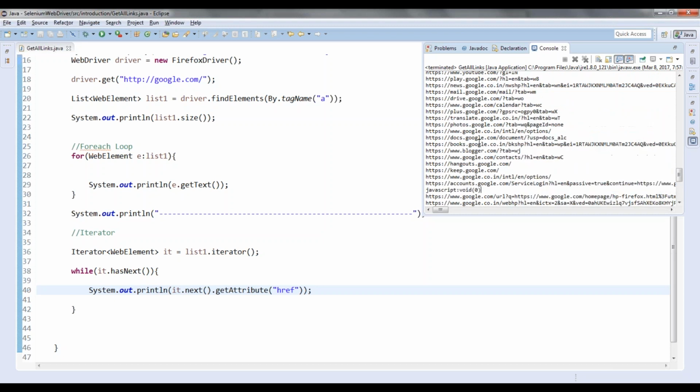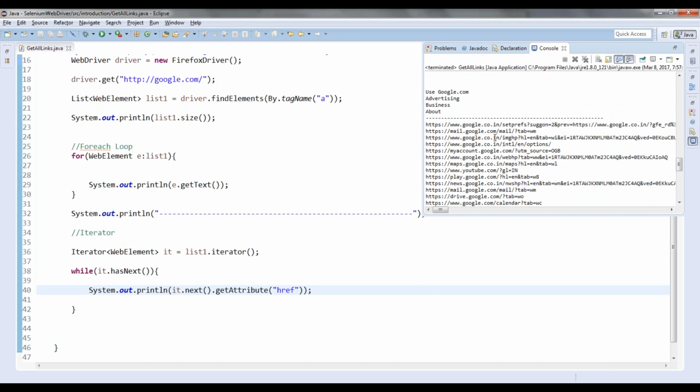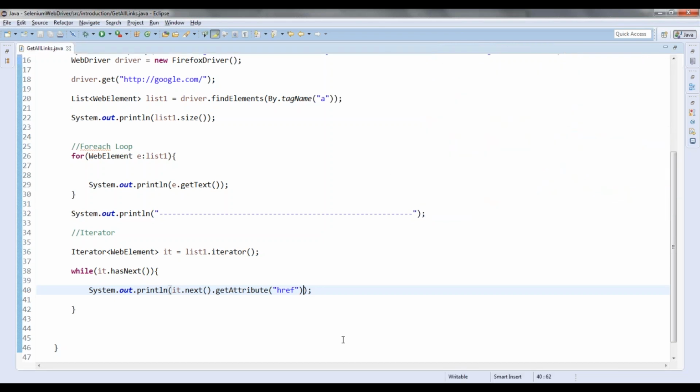But if I want to format my output in such a way that I get the text, and for that text I get the href, what do I have to do? It is very simple.